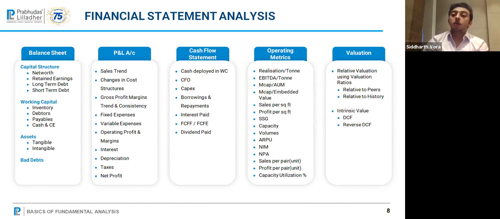The other concept in valuation is intrinsic value. All of you must have studied discounted cash flows in CA, and this is nothing more complicated than that. It is a simple application of discounting. You need to be aware that if it's a very risky company, I need a higher discounting rate. If it's an FMCG company like Hindustan Unilever or Nestle, I can do with a lower discounting rate. So from a practical standpoint, what is important to understand is how to use discounting rates and how to use growth rates dependent on a certain industry. And this is all that you need to know about finance and accounting from an investment perspective.